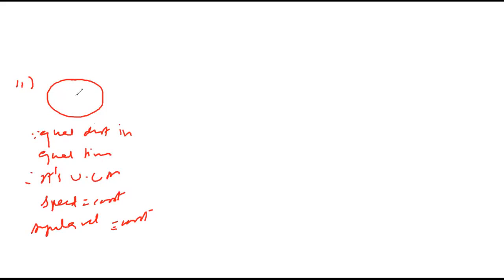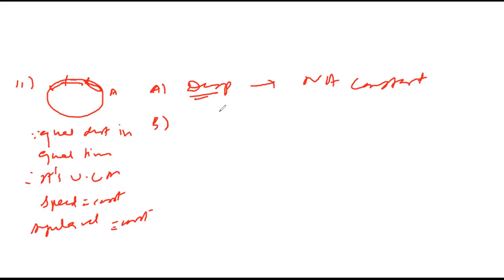So what about displacement? Is it constant? No, because displacement depends upon velocity, and velocity is not constant. If the body covers equal distance like this, the displacement will be in a different direction every time. Magnitude will be the same, but direction will be different. So that's why displacement is not constant. Second, velocity: not constant. Third one, speed: constant.